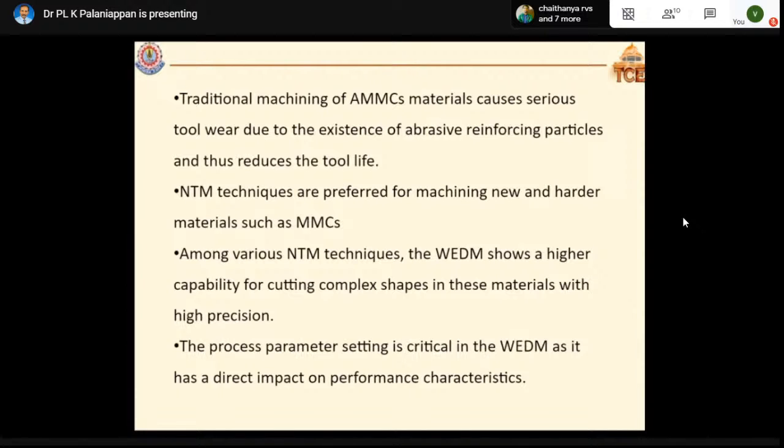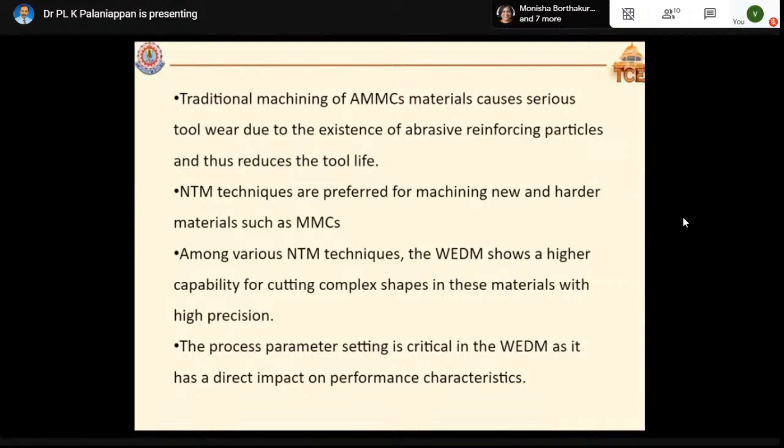And when you come to the machining, you use the traditional machining like turning, milling, like that. Traditional machining causes serious tool wear due to the existence of abrasive reinforcement particles. When you see aluminum metal matrix composites, it has got the reinforcement material, boron carbide, which is very much abrasive in nature. So as it is abrasive in nature, it causes high tool wear. So we cannot use the